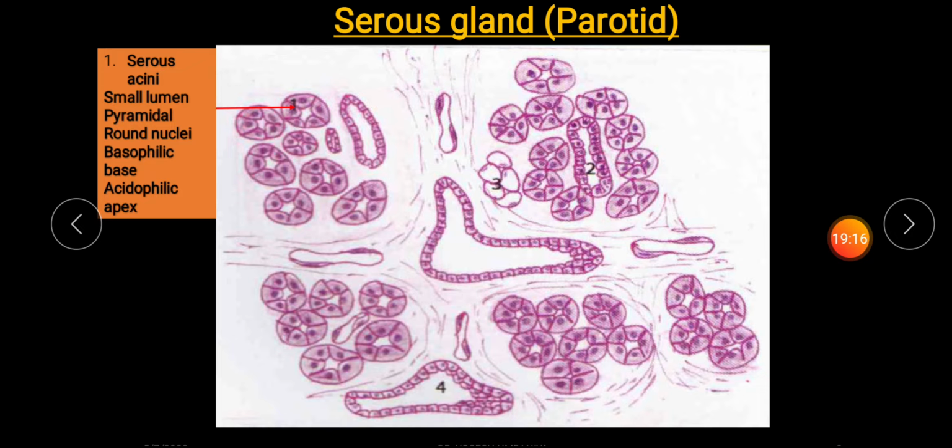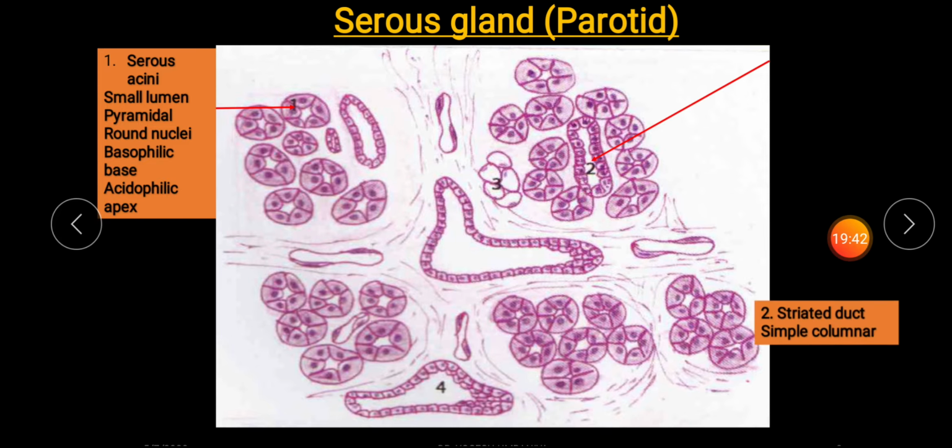At the base of the cell there is an aggregation of ribosomes and related materials. This characteristic gives a basophilic staining property, while at the apex of the cell we have acidophilic staining due to the presence of secretory granules. So, keep this staining difference in your mind while you look at the slide.